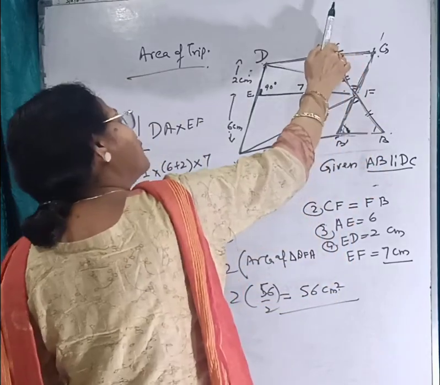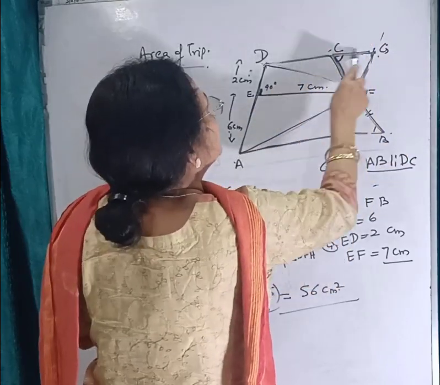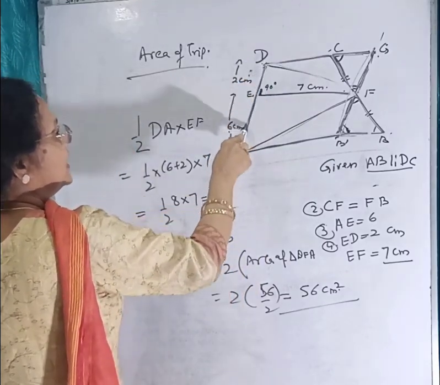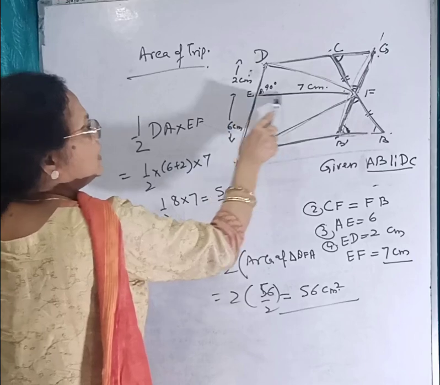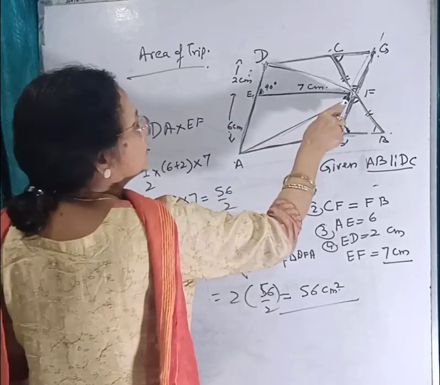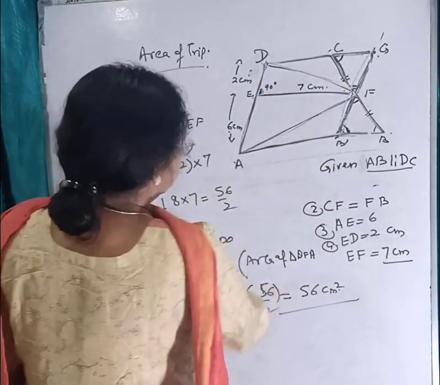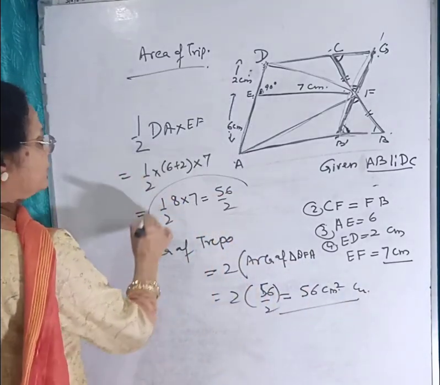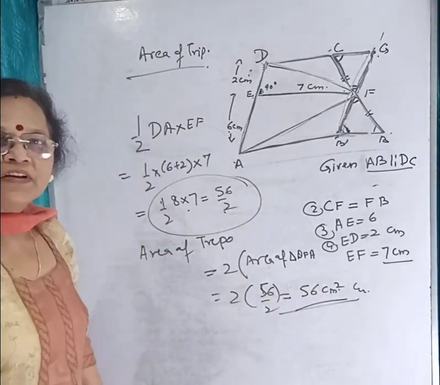This triangle gets shifted over here by rotating BB dash to GC. So this is over here, this will be the parallelogram, with which we can have the area of this triangle. This is the perpendicular EF. Base is equal to 6 plus 2, 8. 8 into 7 by 2 will be the area of the triangle, and double of this will be the area of the trapezium. This is 56 square cm. Because the area of the triangle was 1 by 2 into 8 into 7, 56 by 2, the area of the trapezium will be 56 square centimeter.